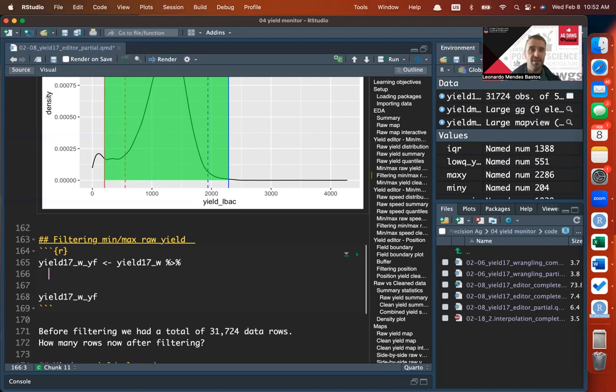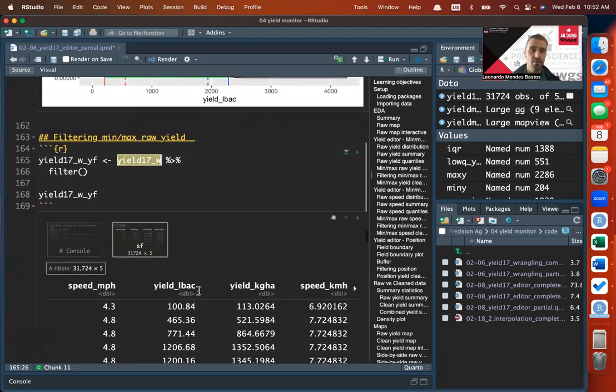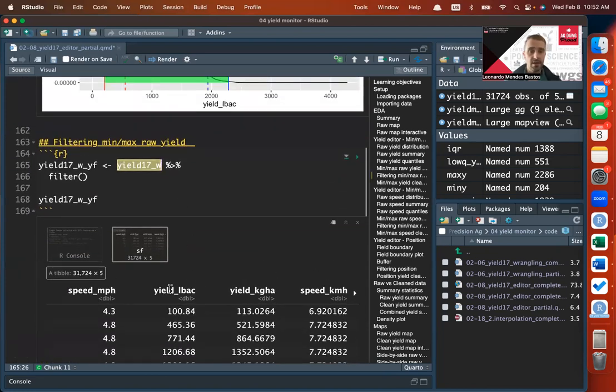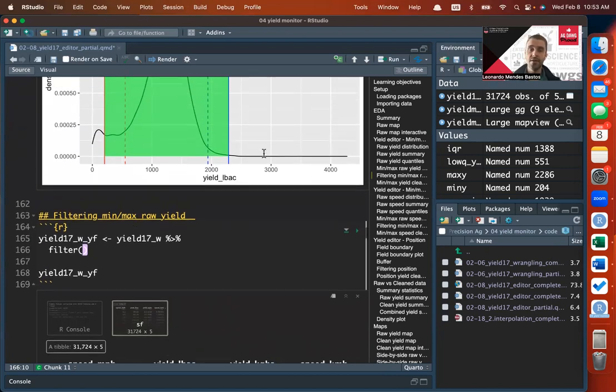Let's use a pipe to connect it, and then we're going to use the function filter. However, now it's going to be a little bit different than what we've done before. So I'm just going to print yield 17W below here so we can see. We're going to use the column yield LBAC for pounds per acre. That's the column that we've been calculating all of the thresholds above, or based on that column. So I want to keep the yield pounds per acre values that are,